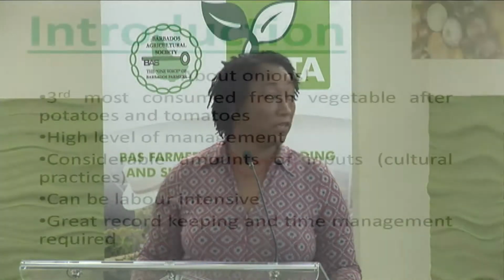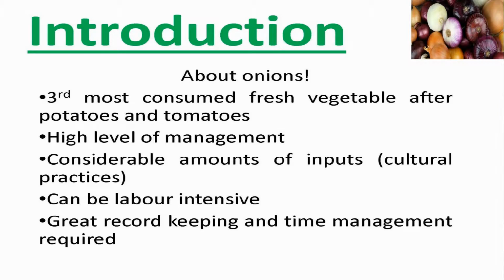You need to have the inputs because it requires a lot of inputs in terms of cultural practices. And if I use a word that you're not associated with or familiar with, you can ask me to stop and let me try to explain it as good as I possibly can, all right? It is labor intensive because you're going to be looking at weeding, your fertilizers, your pesticide management, even your soil management. So you have to realize that onions are not just a crop that you just put out there,